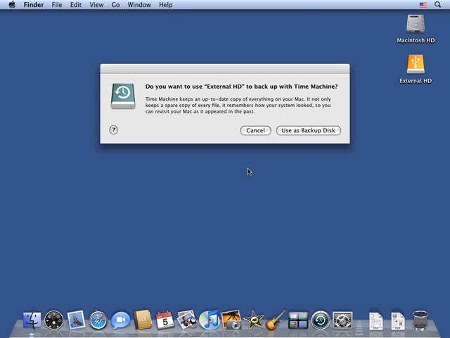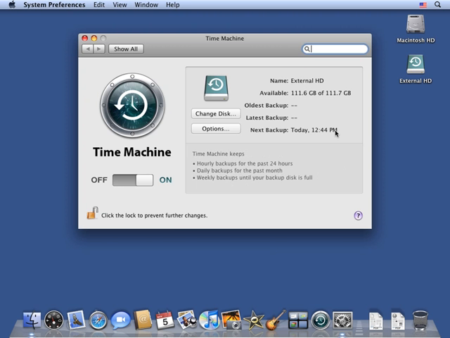And it asks you, do you want to use this external hard drive to back up with Time Machine? Yes, I do. Yes, thanks very much. So, just use your mouse and click on Use as Backup Drive. And up pops the Time Machine interface. We're going to explore this in greater depth later, so we don't need to look at the intimate details of it now. Just know that Time Machine is going to take all your files and back them up to this